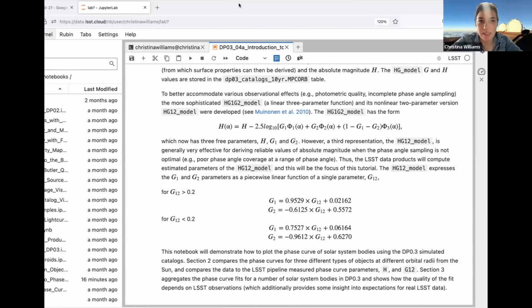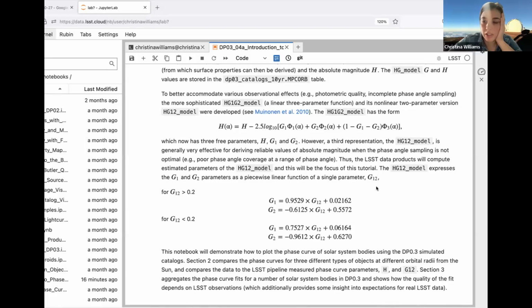I saw some chatter in the chat box. Was there a resolution to the search query situation? Yeah, I just posted something you can copy paste. You can change the where statement and only return 24,000 objects instead of all of them, which makes the query work, but it will make one of the plots fail later on because an object of interest is no longer in the big sample. But that's the workaround.